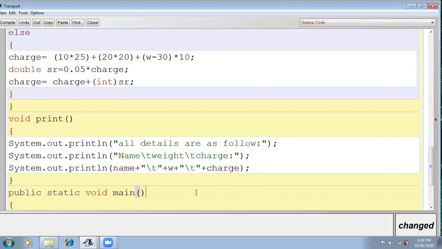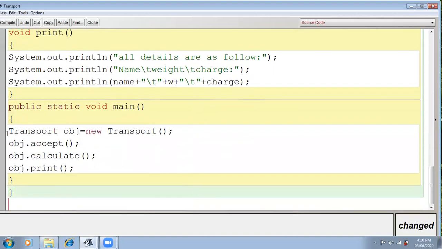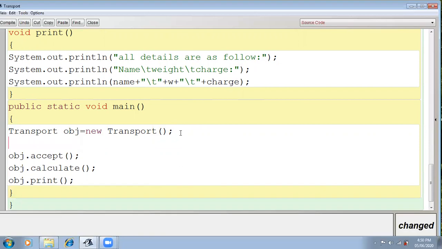Then here I'm making the void main method to call all the above methods: transport obj equals new transport, then accept, calculate and print. Yes, keep in mind that as we have defined the transport default constructor, you will not call the transport like that.